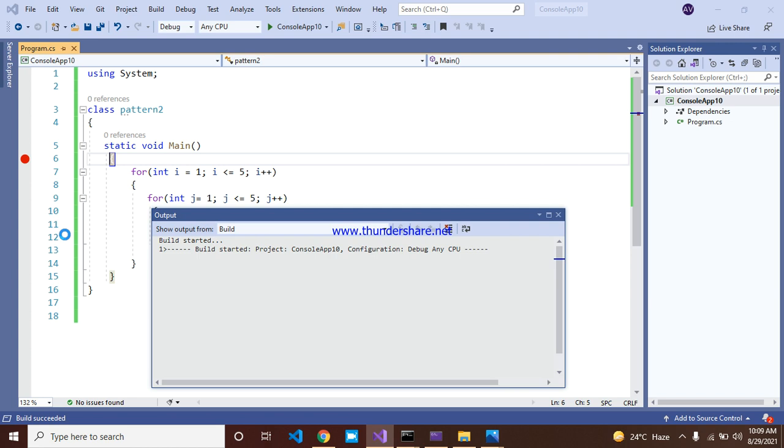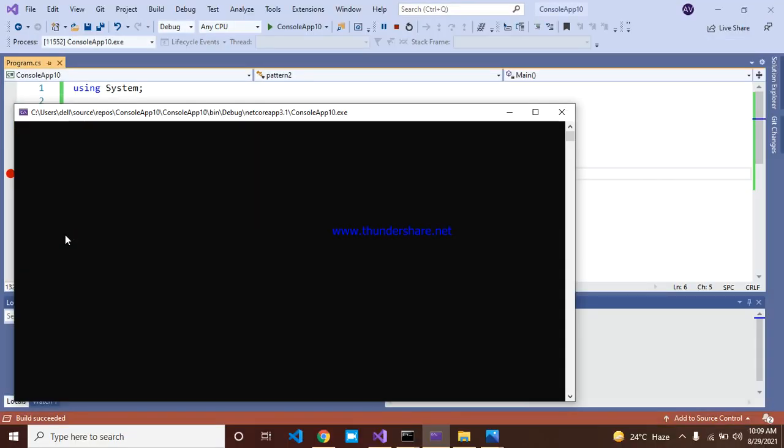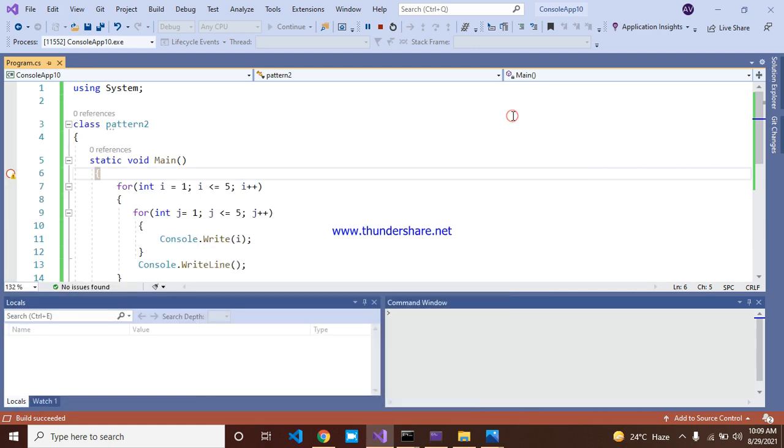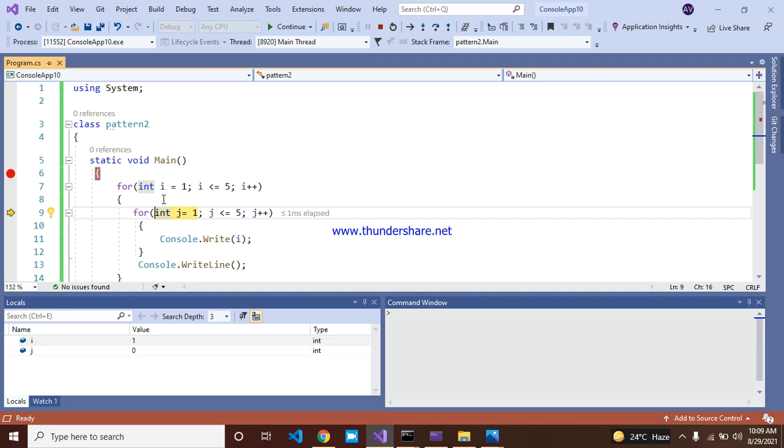Press F11, wait and see, it is processing for you. Again you can press F11. The system is slow. F11. Initially int i is equal to 1.